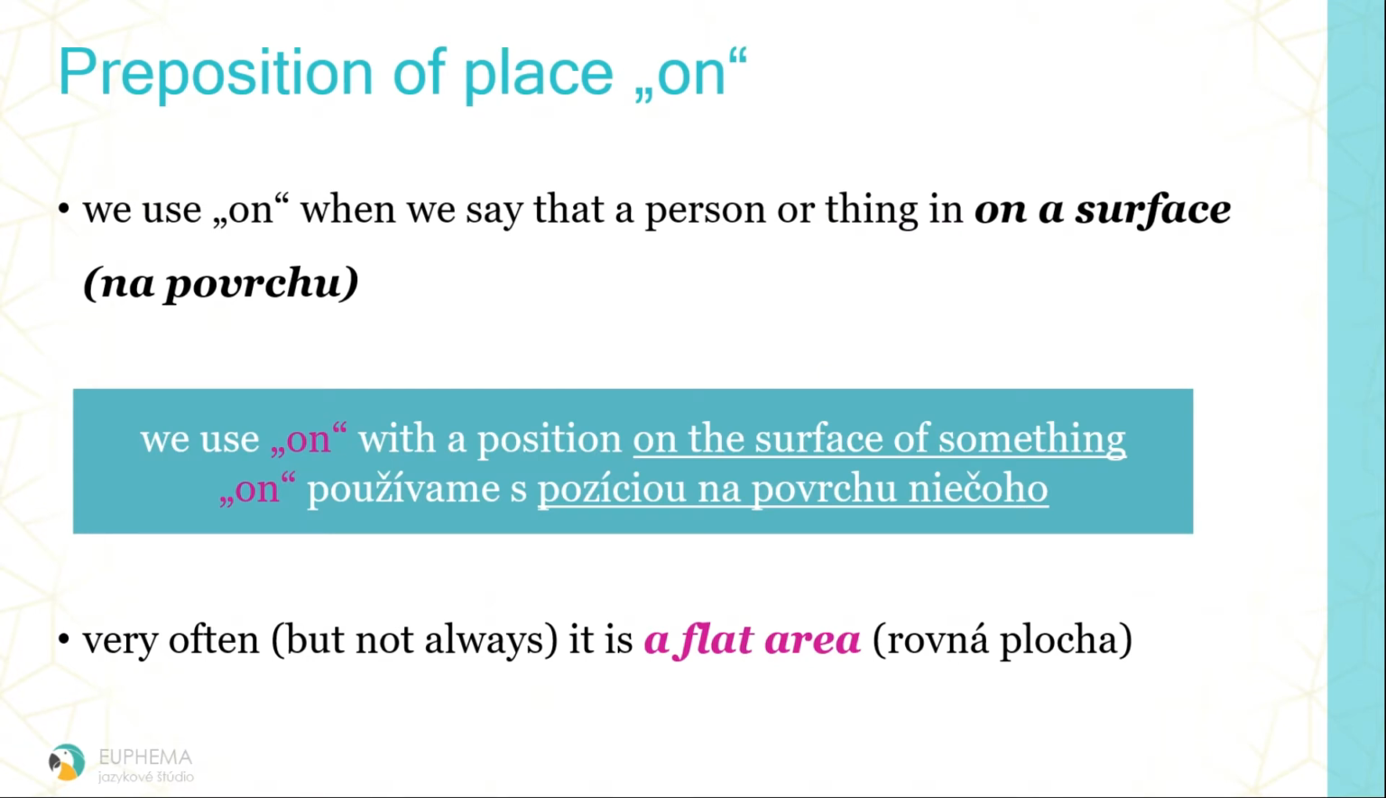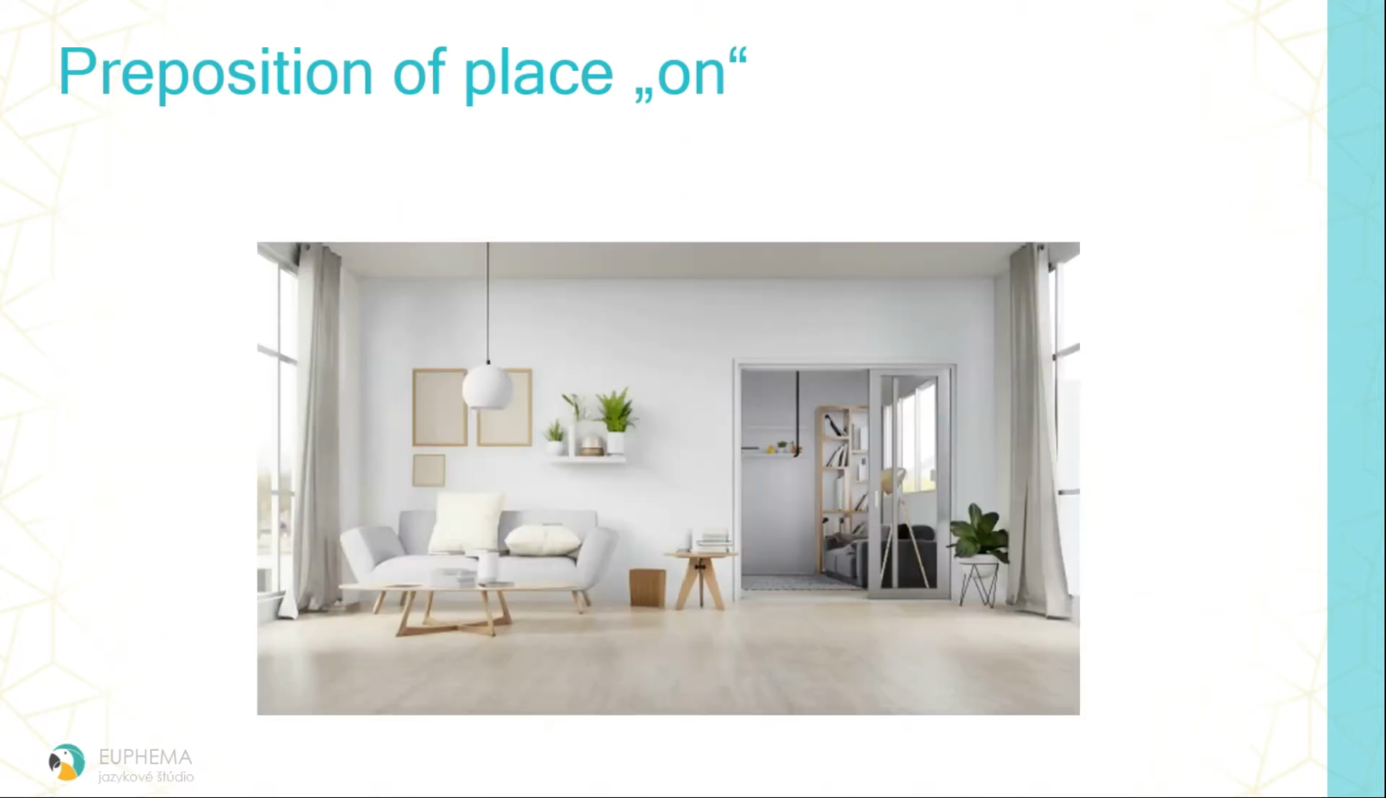Let's talk about the preposition on. We use on when we say that the person or thing is on a surface. Very often, but not always, it is a flat area. So, for example, we say on the floor,